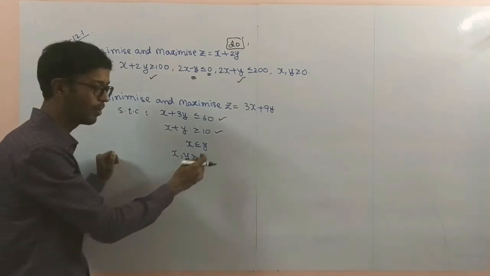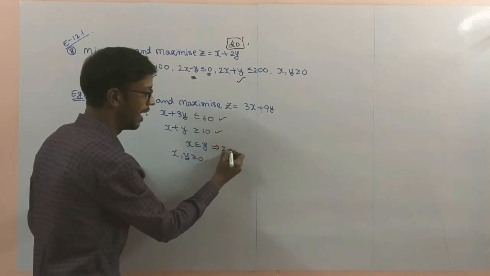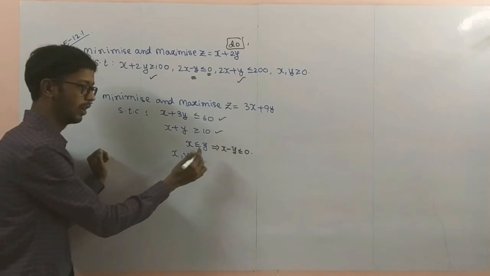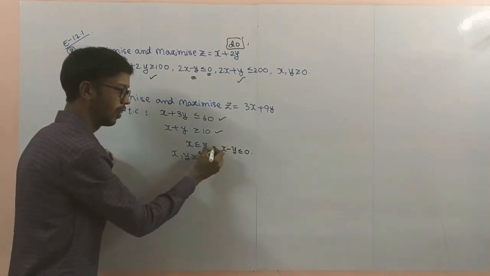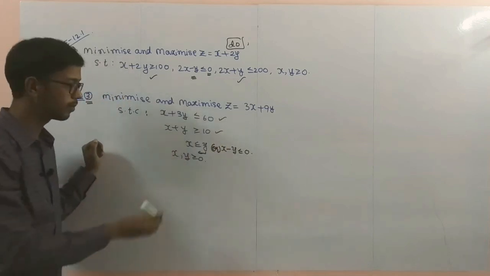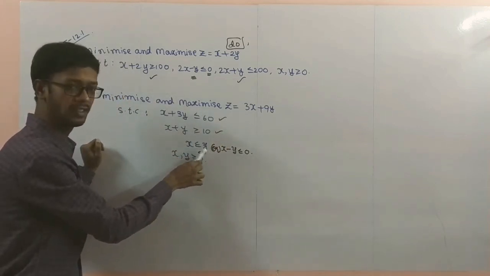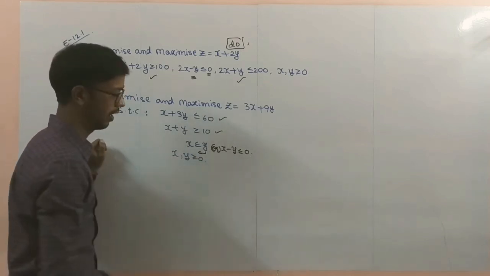Sir, what is the problem? The right side has y. Actually, we have to take this one as x minus y is less than or equal to 0. If we send y to this side, sometimes they will give it in the question this way or that way, either one. x is less than or equal to y. If we take y to the left side, x minus y is less than or equal to 0.